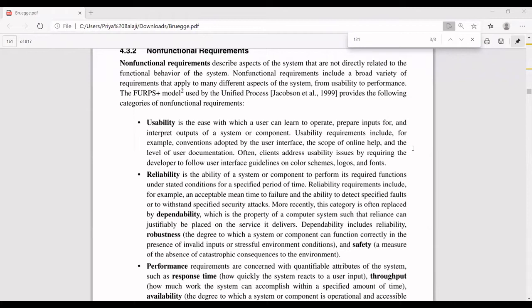I can say that the system will have so much percentage of dependability, 90 percent correct, accurate. Like that, I can say my reliability of a system. So this dependability includes reliability, and it's also called your robustness. You can call it robustness in the sense of how the equipment will function correctly even if the input is given wrong, or if any unexpected environment occurs, even at that time how my system will act correctly.